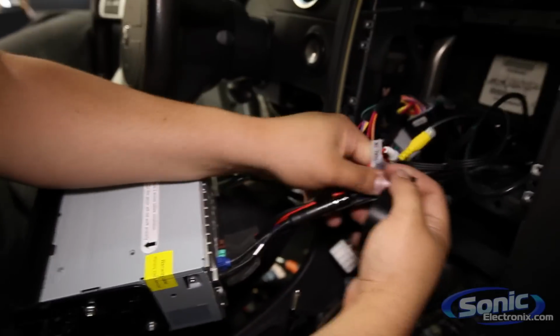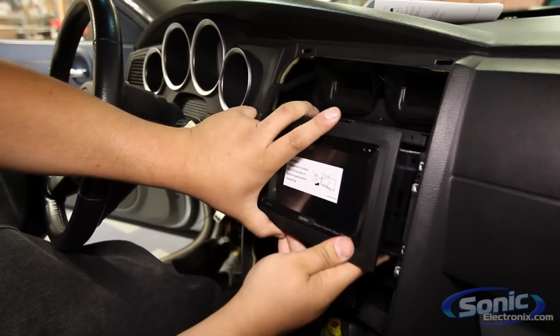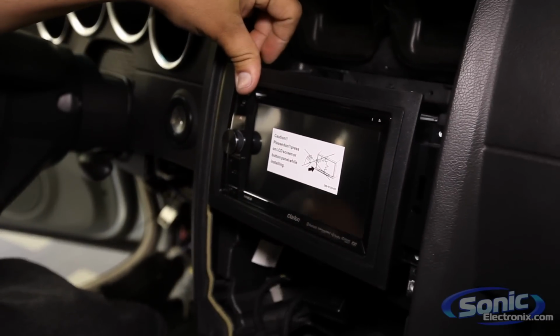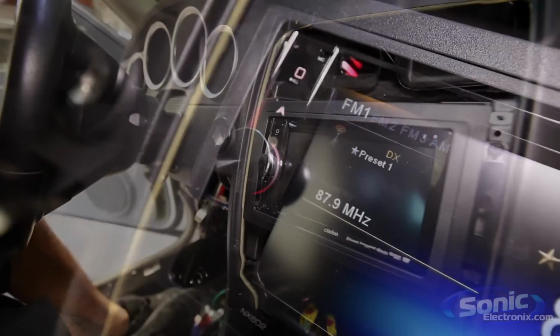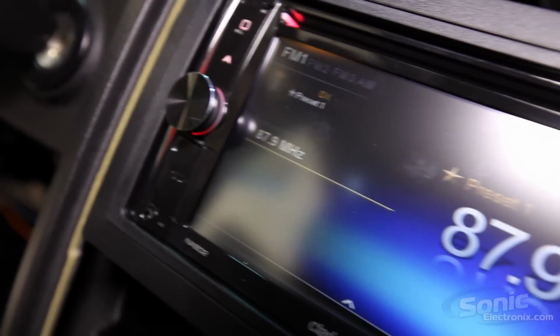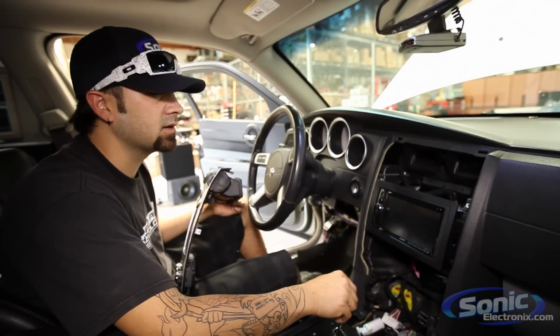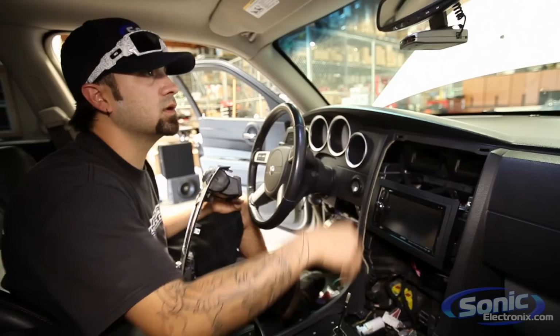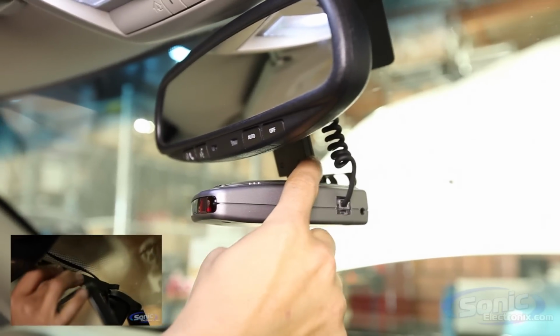Cool, so we pretty much got everything done. We got the front and rear speakers done, the 2 amps. Now we're just buttoning up the dash. This is a Clarion NX602 nav, and that's AM, FM radio, CD, DVD, Bluetooth, navigation, a fully loaded new unit by Clarion. We also added, I don't know if we showed this earlier, the blend mount, which is a really cool mount that bolts to your rear view mirror,